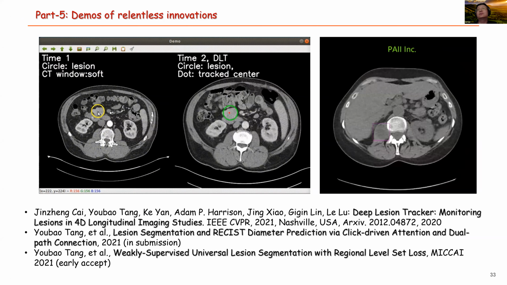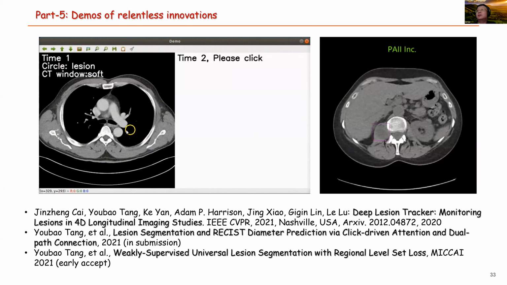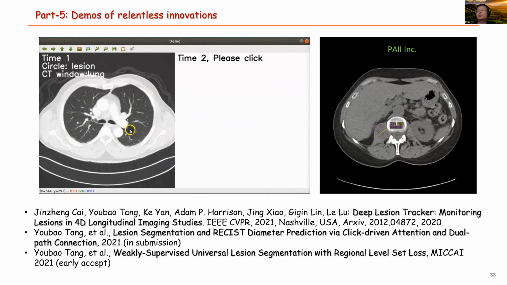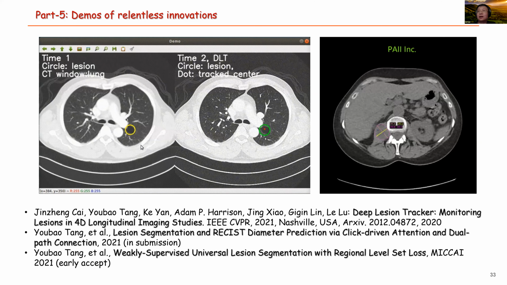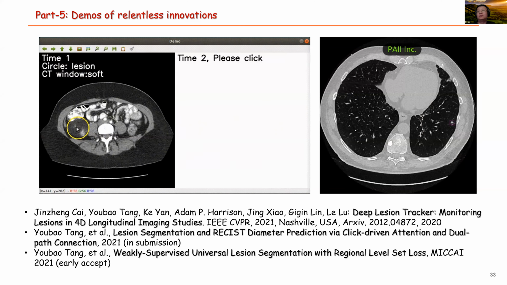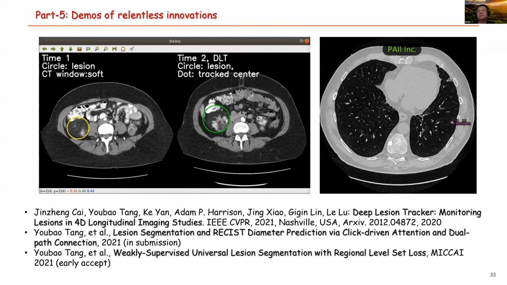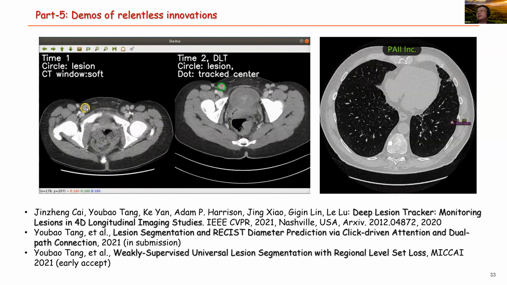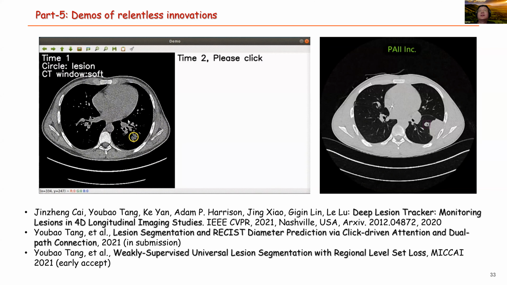So we basically work with PACS companies. We make this into a smart PACS or intelligent PACS for the offering, or even a research platform. So more physicians can play around with that. They can use it for patients within the hospitals. So that's pretty much it. Yeah, that's my last slide.